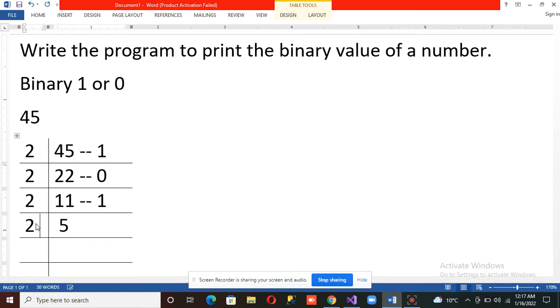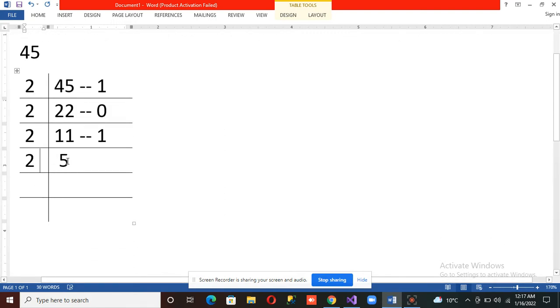Again, when we divide 5 by 2, the remainder will be 1 and the answer is 2. Again, if we divide 2 by 2, the remainder will be 0, and the answer will be 1.